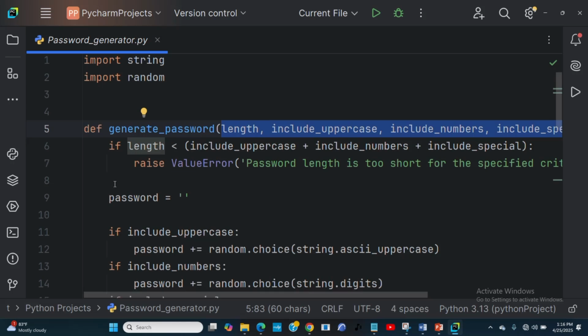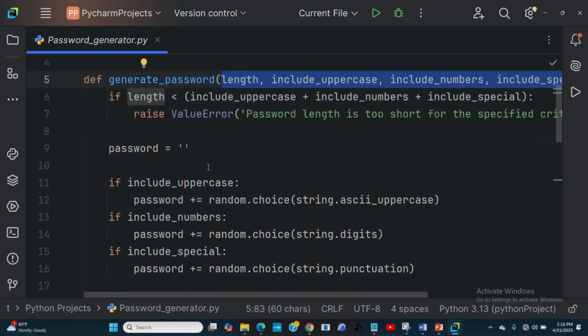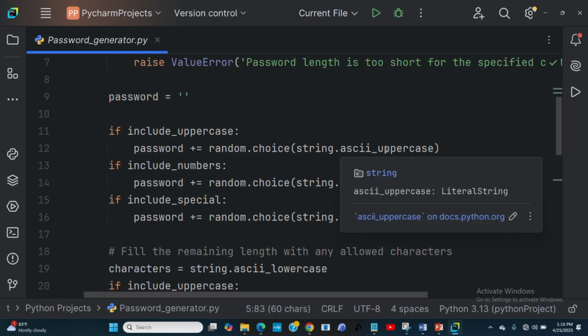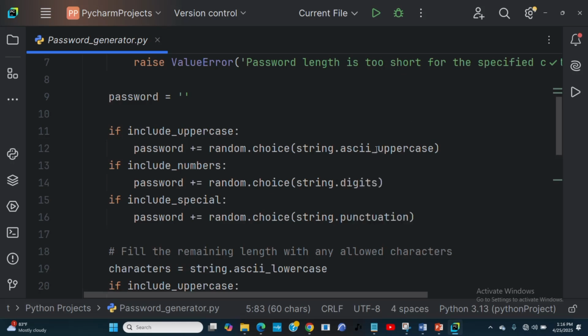Now coming to it, we have the password which is empty, and this password we want to build from the parameters and the things that we want to include. Say if include uppercase, then we say random.choice of string.ascii_uppercase, isn't it? Whatever letters we have there should be in the case that we are assigning to this password.